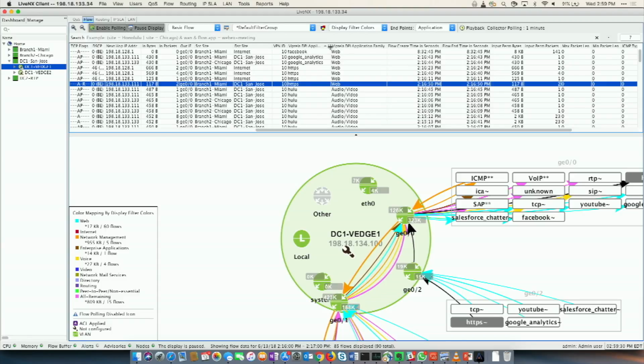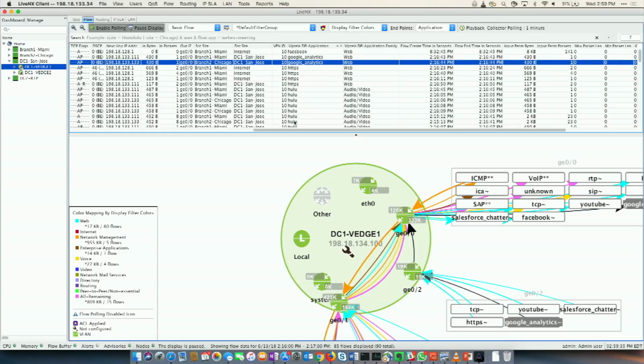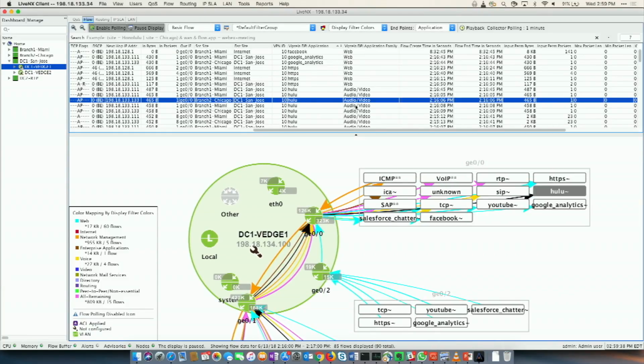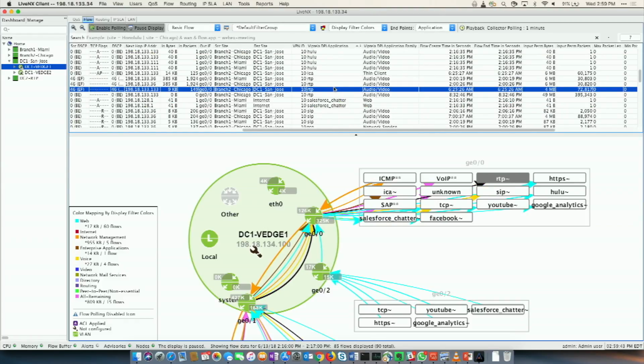So for example, here, we are able to actually associate these flows. There's some Facebook, as well as Google Analytics, Hulu, along with various other applications, Salesforce, as well as RTP for real-time protocol. Now, the other aspect is SD-WAN Viptela also gives an application family per application. It's a way to provide a high-level overall grouping. In this case, we can see that RTP is part of the audio-video family. Again, all that information we're pulling in from REST APIs,